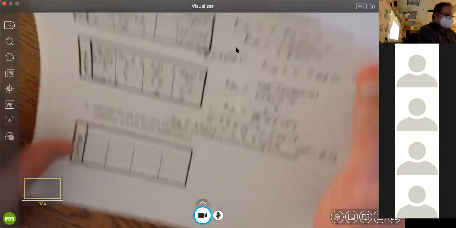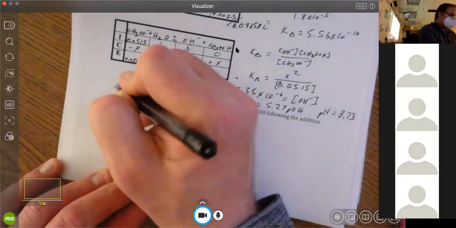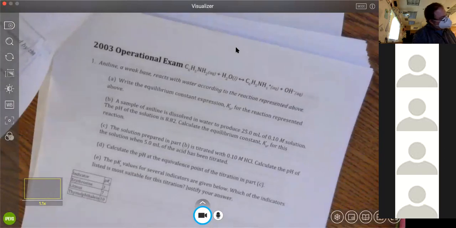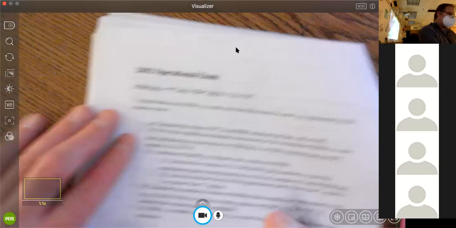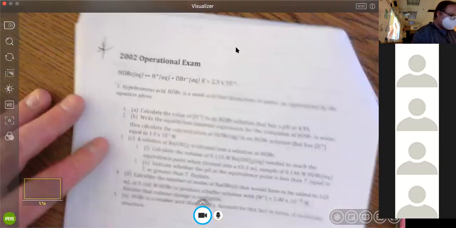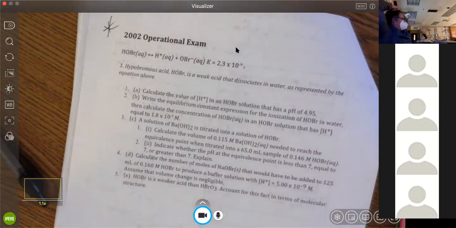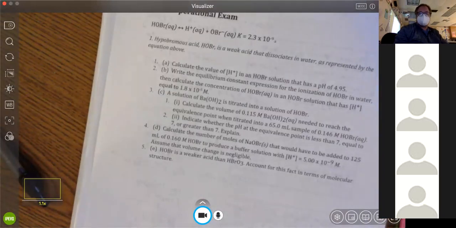Cool. What I'd like for you guys to do for this evening is try number 4. And if you would, try this operational exam problem from 2002. Questions? Hopefully I went slow enough for you guys today. I know that everything says that this is one of the more difficult topics, basically because it's like